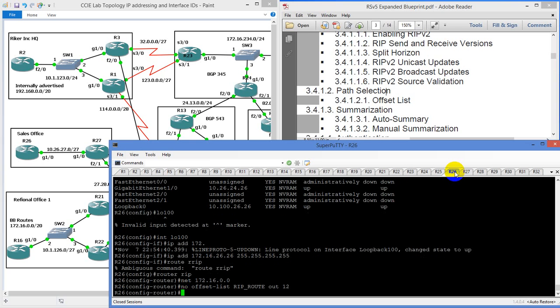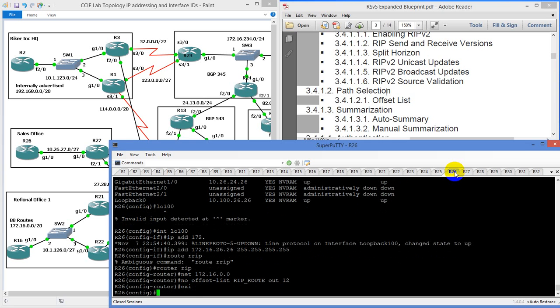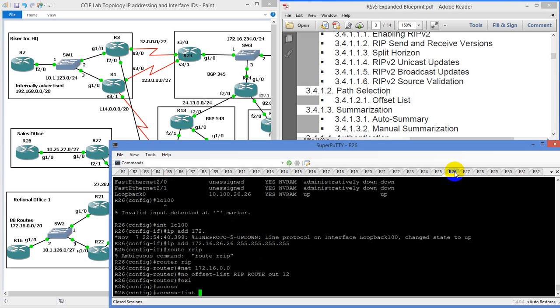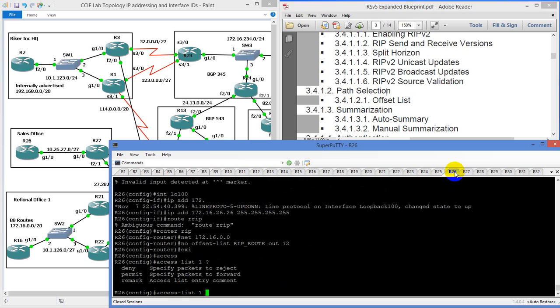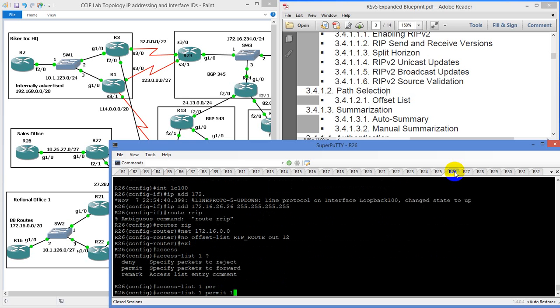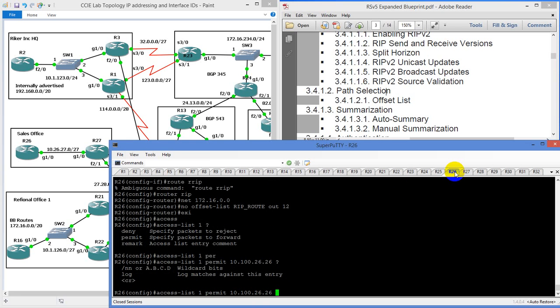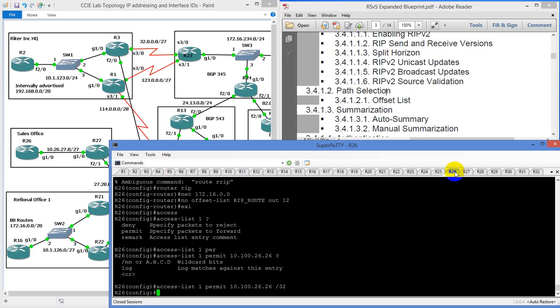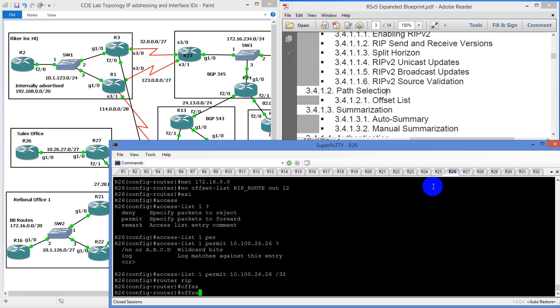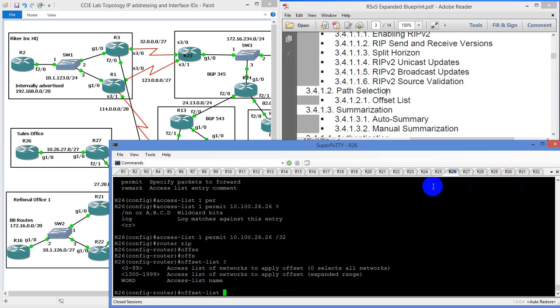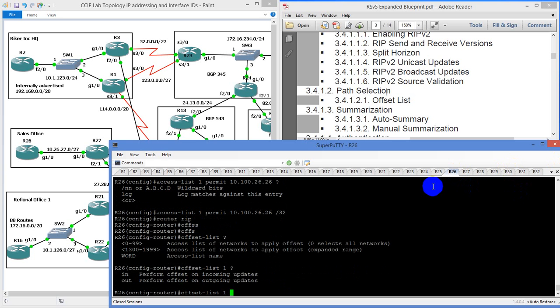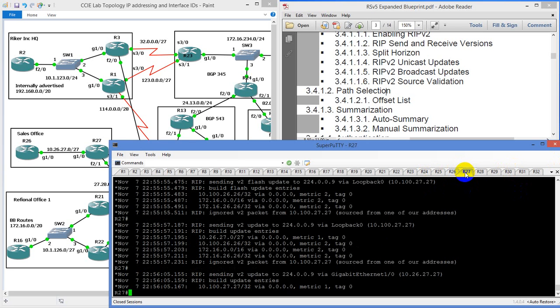So we're going to type in no, and then exit out of here. We're going to type in access list 1, and we're going to permit 10.100.26.26 /32, and go back to router rip, and type in offset list 1 out 12. So now only the 10 network should be dealing with that. So now if we go show IP route,